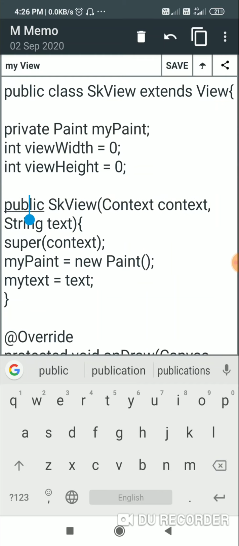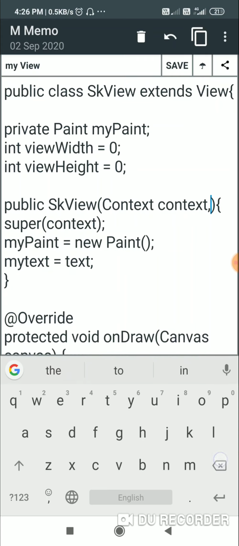Now I have this constructor which is public skView, and it contains a variable context. Here I do not need this string variable, so I will just use the context variable. Inside this I write super(context), and then I define myPaint as new Paint.